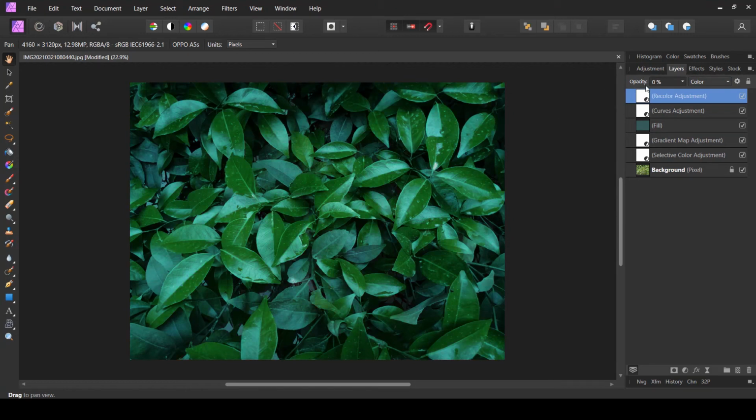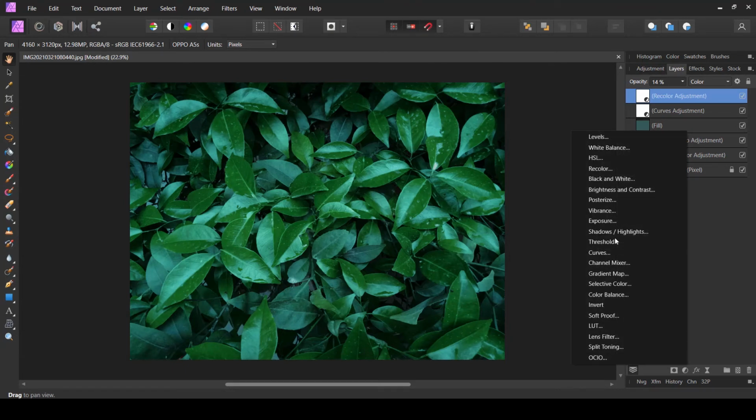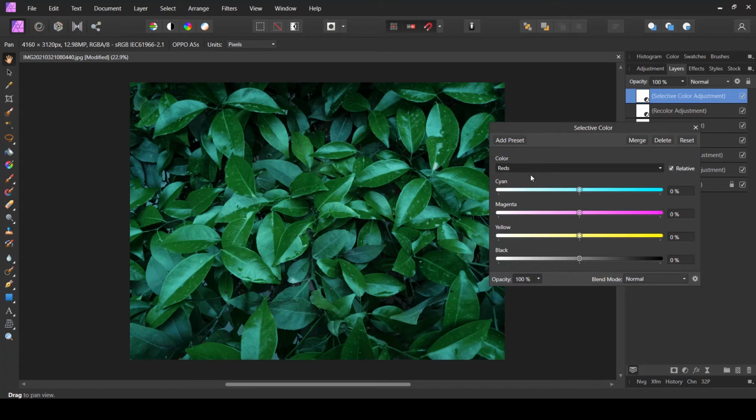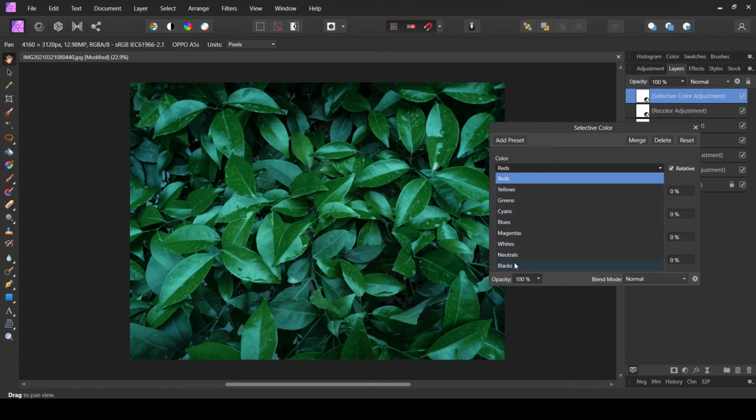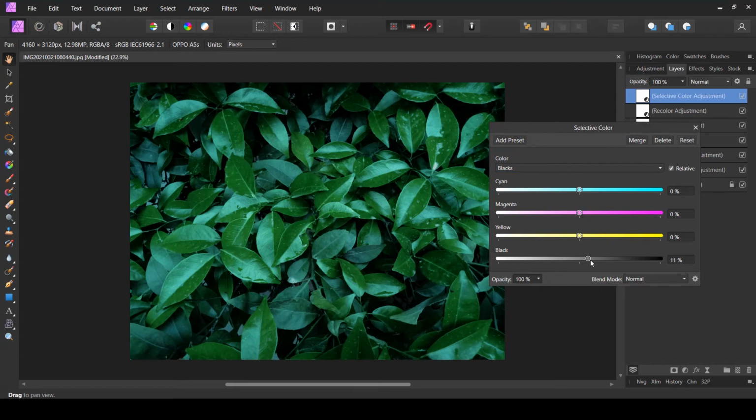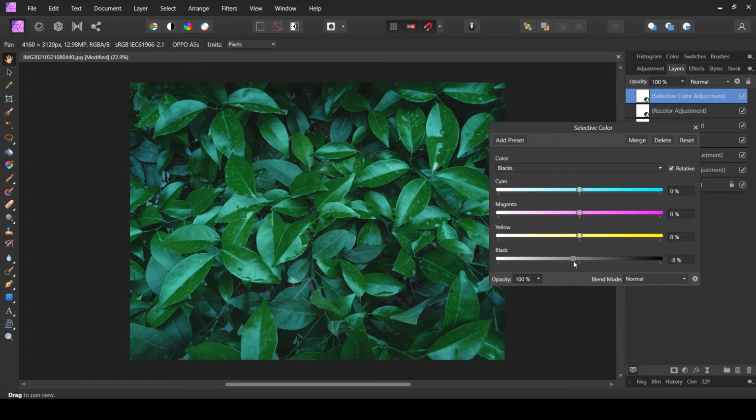Again, we bring back our opacity to 0 and increase it slightly to see where it looks good. I think here it's looking fine, about 11%. That looks fine. Okay, now again I'm going to show you the selective color layer, and the reason I'm going to use this selective color adjustment again is that I want to make some changes to the blacks and the neutrals. So blacks, I want to make them slightly less dark, and maybe make them slightly bluish tones,